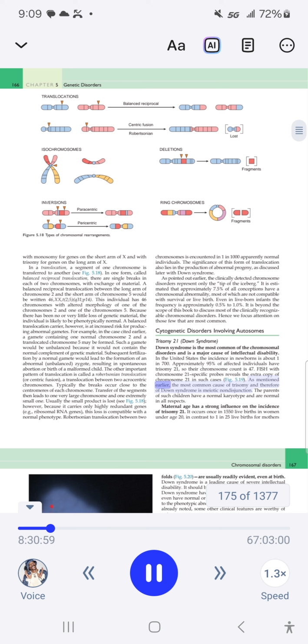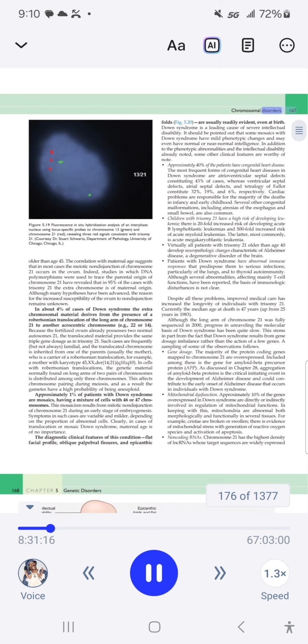As mentioned earlier, the most common cause of trisomy, and therefore of Down syndrome, is meiotic nondisjunction. The parents of such children have a normal karyotype and are normal in all respects. Maternal age has a strong influence on the incidence of trisomy 21. It occurs once in 1,550 live births in women under age 20, in contrast to 1 in 25 live births